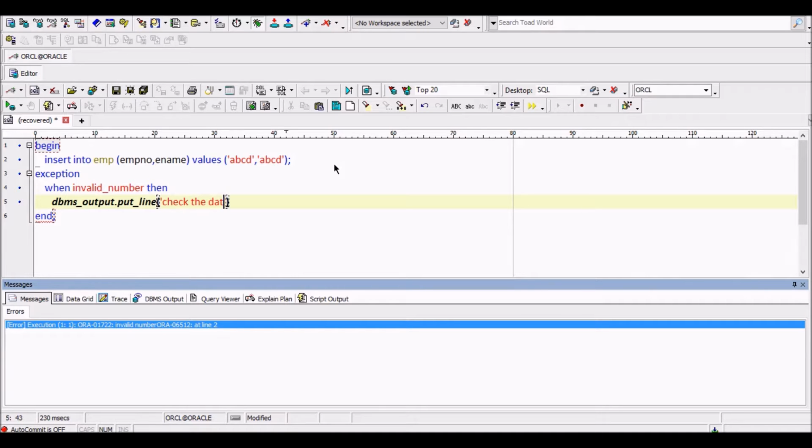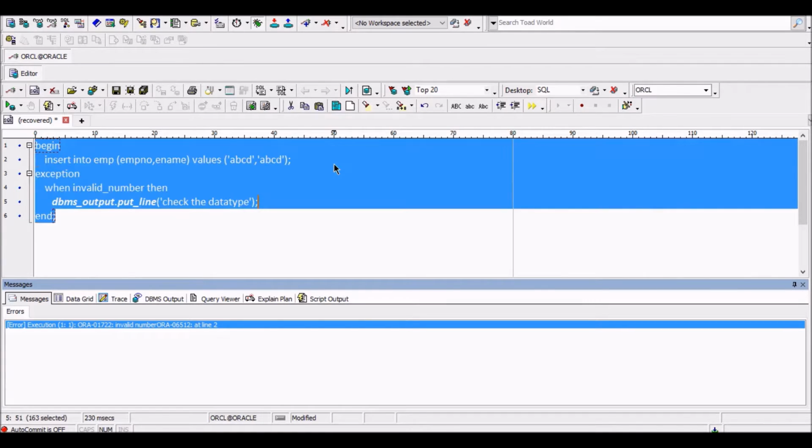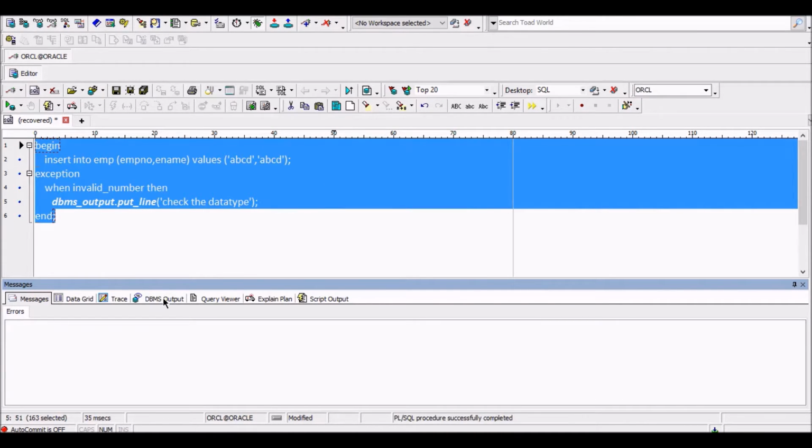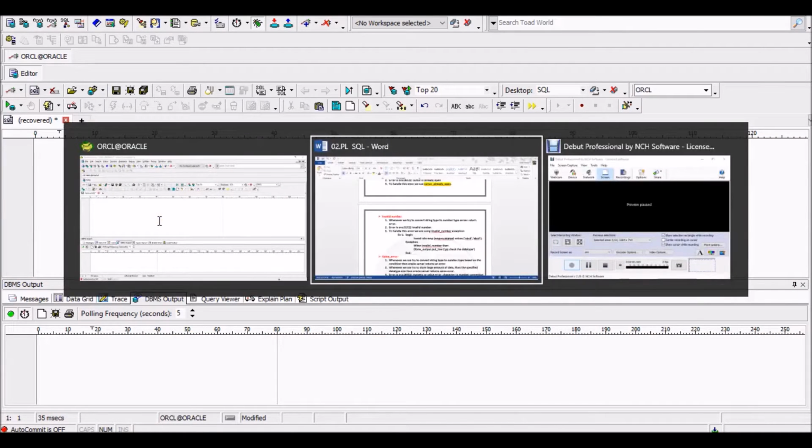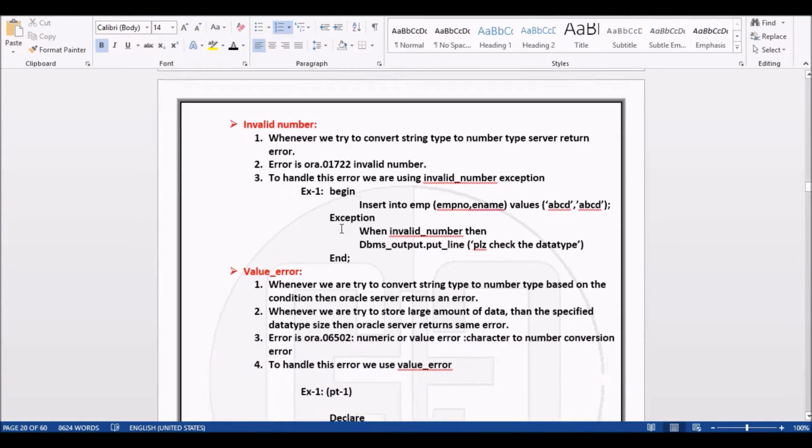What I will say: check the data type. See now what is the output. Check the data type. So this is the required one.